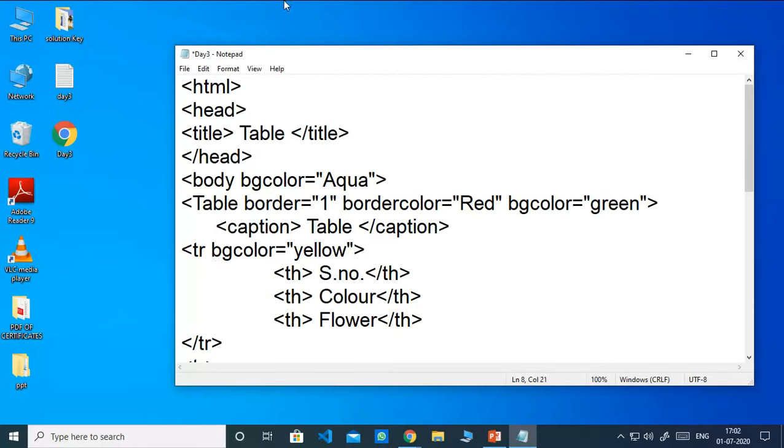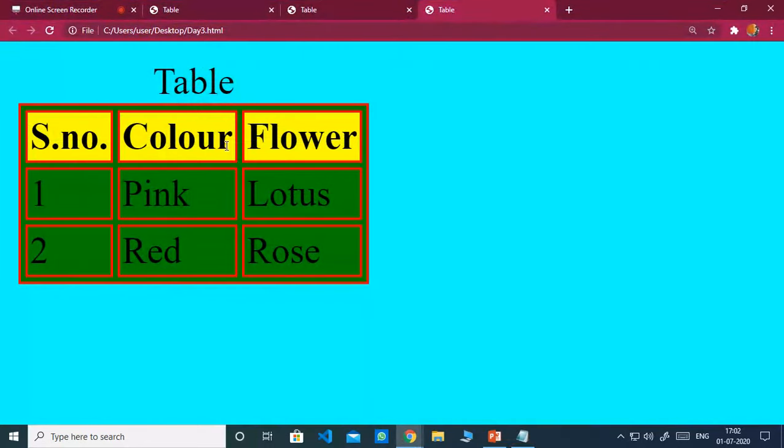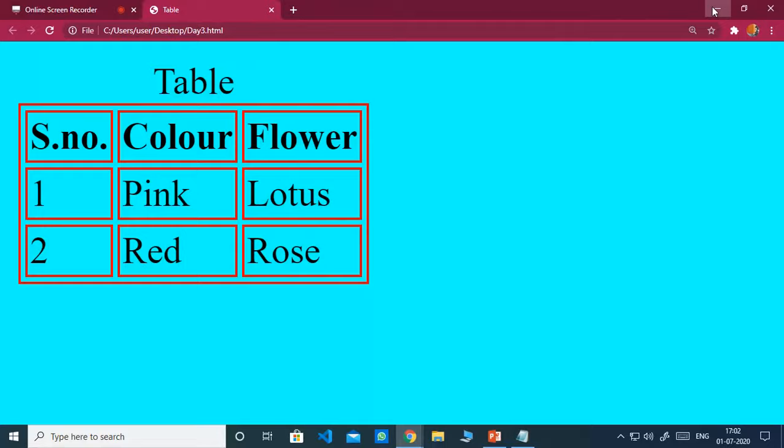Now Control S and open. So you can see an entire single row has been colored with yellow color. So when you use it with tr, if you want another color in this row, you write tr, and whatever BG color you want you can use.